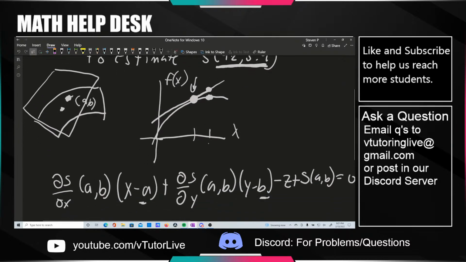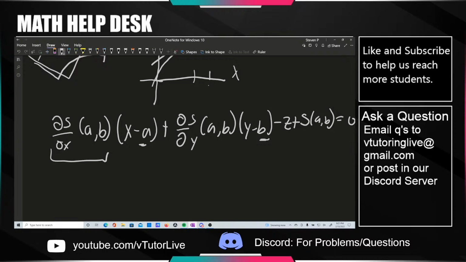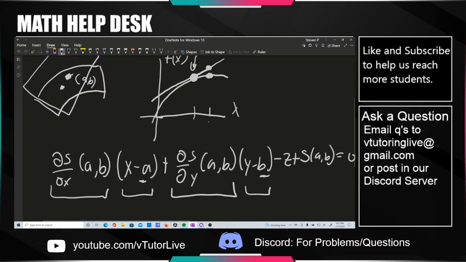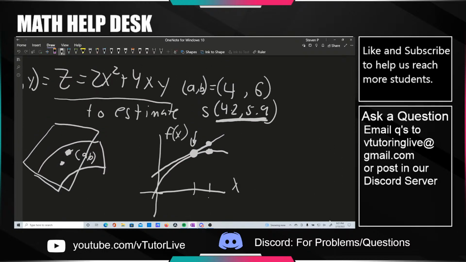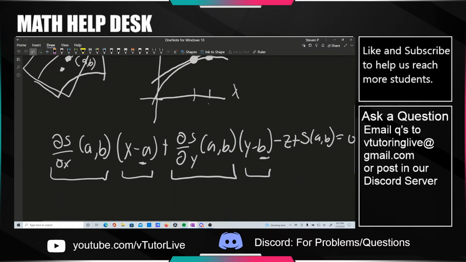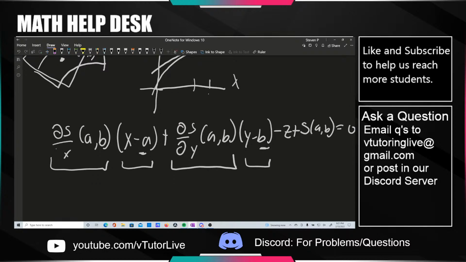So with this in mind, we're basically going to take the partial derivative with respect to x and plug in a comma b. And we're going to take the partial derivative with respect to y, plug in a and b. And then for x minus a and y minus b, that's just going to look like 4.2 minus 4 and 5.9 minus 6. Right? What this is saying is basically whatever the little displacement in the x direction times the slope in the x direction plus the displacement in the y direction times the slope in the y direction,